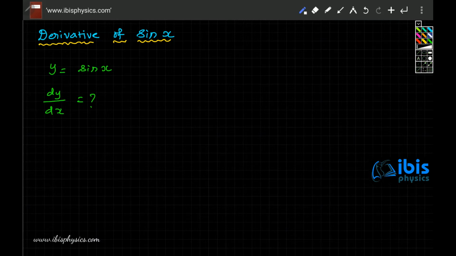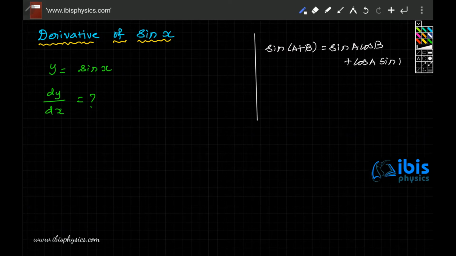So the first thing that you should know is the compound angle formula. That is, sine of A plus B is sin A cos B plus cos A sin B. This you should know. Second thing is, if the value of x is very small, if x tends to 0,